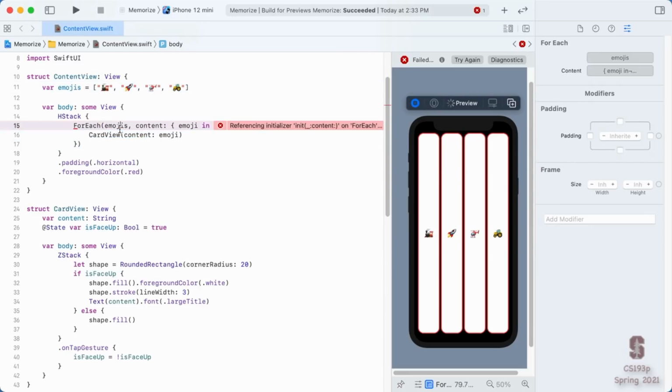And if, for example, this array right here should be reordered or new things added to it or things removed from it, etc., it needs to know which things changed in the array and then adjust the views accordingly. So it needs to be able to uniquely identify everything in the array to match up the view that it's going to create for them. So it makes total sense. Of course, the things that we're doing ForEach on, we have to be able to uniquely identify them.